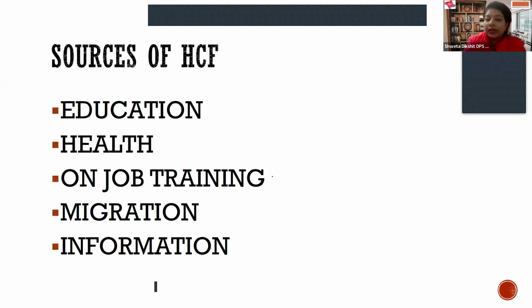Then comes on-the-job training. This point is something new to us. Education and health, we have discussed many times previously, but on-the-job training is something different. Training is a process of converting a person into more skilled, more trained, more successful, and more comfortable to work. Therefore, when a person is educated and healthy and is going to start with the job, it's very important that the person should also be well trained to be comfortable to handle the work given or assigned.